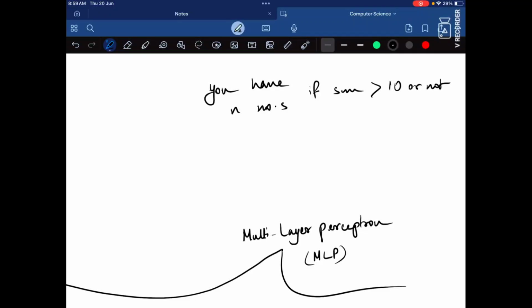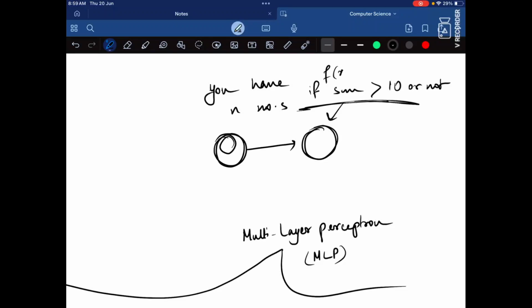Suppose this is the node, and this node sends an output. This one checks this activation function: f of sum, if greater than 10, then proceed.